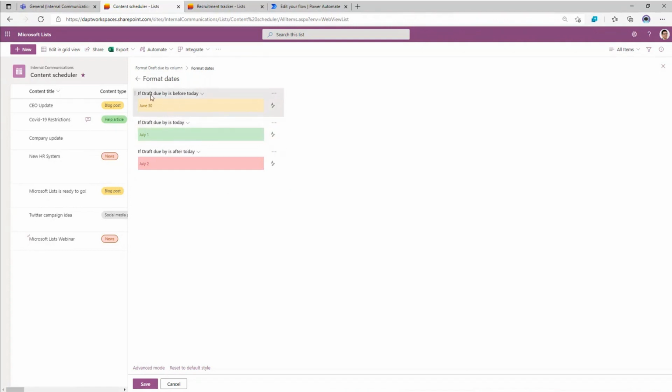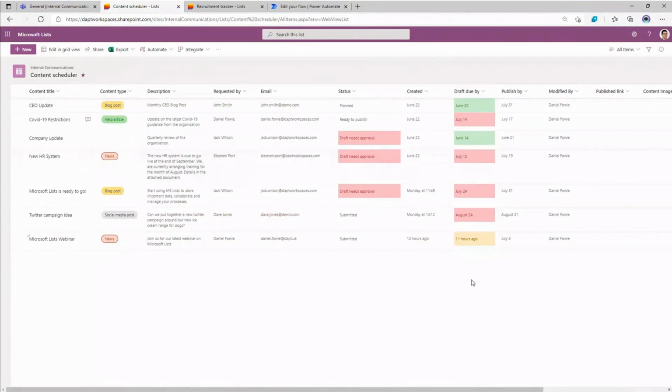So I can see here that upcoming drafts are in yellow, anything due today is green, and draft due after today is red. We're too late. So I might want to swap these around. Actually, I think it would make more sense if that was that way around. So I'm going to hit save, and you can see if we go back to this list,